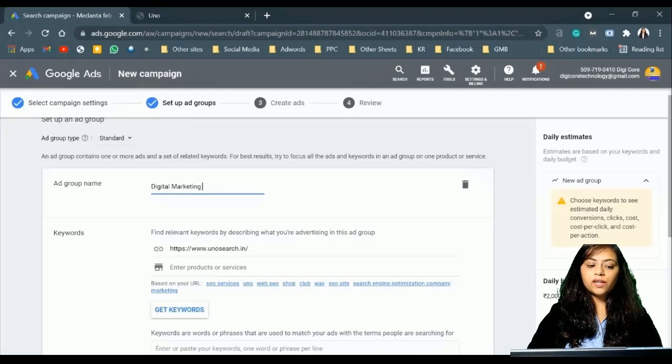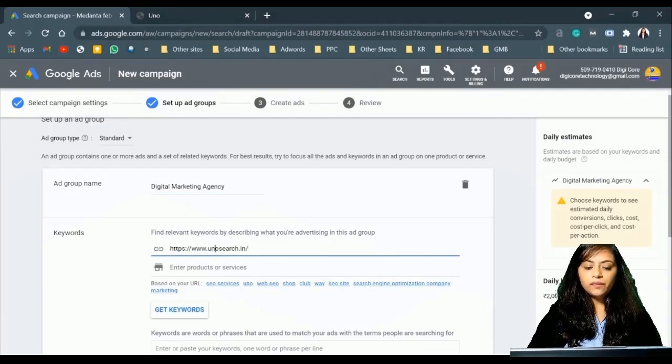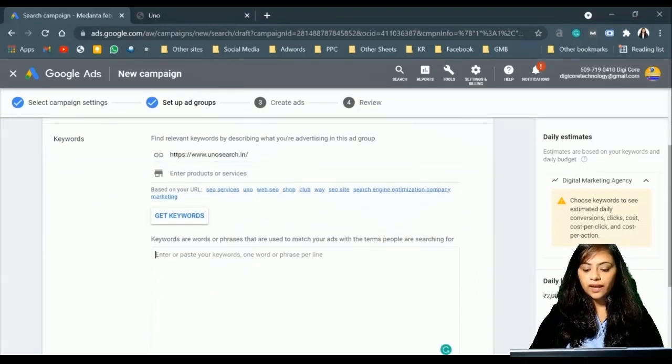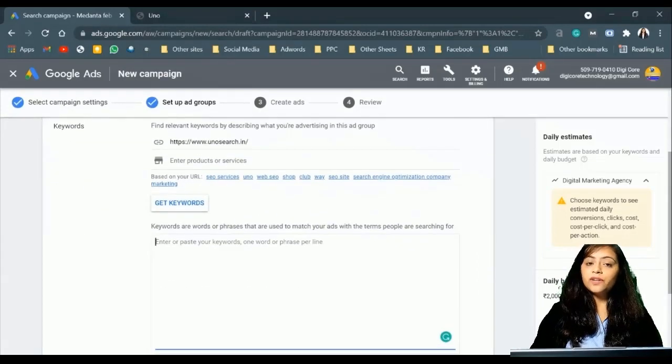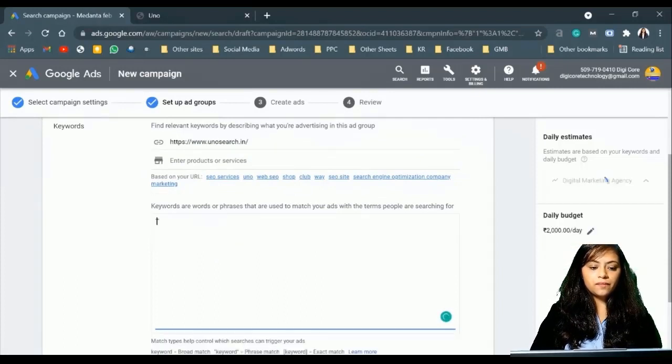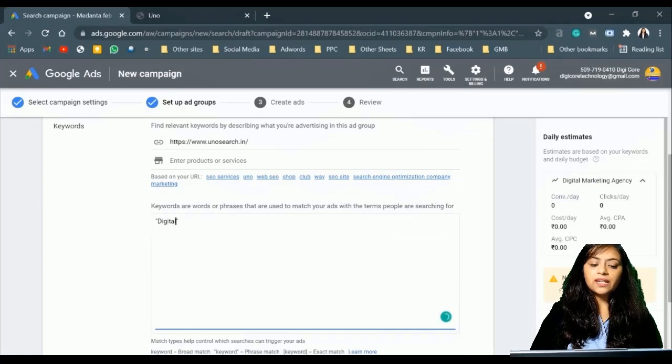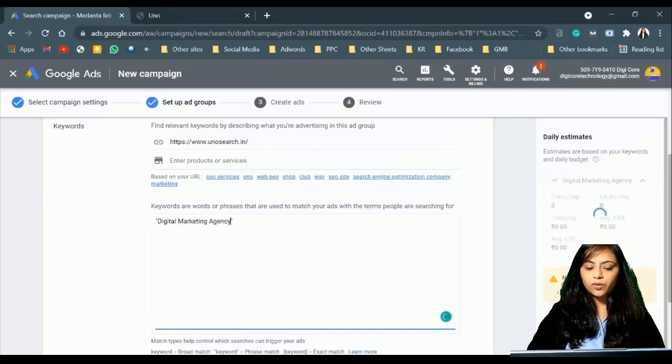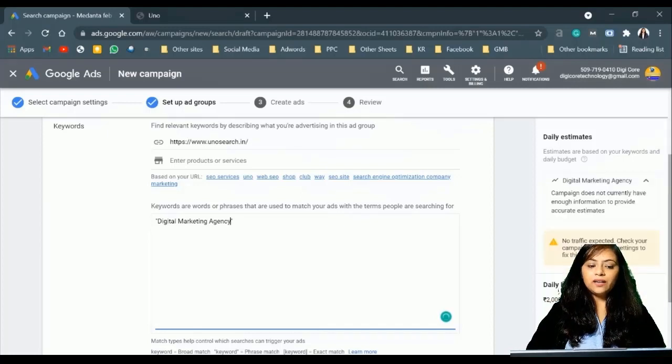In this section we want to add website details. We will be adding it. Now we have to enter the keywords which we want to group here. So we will add it in phrase match, that is digital marketing agency. We can add a few more keywords as per our requirements, but for now it is a demo video, so we'll be adding one keyword only.